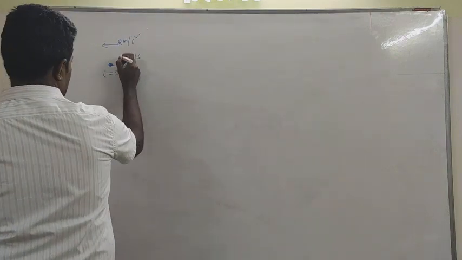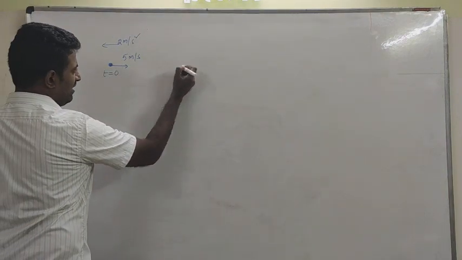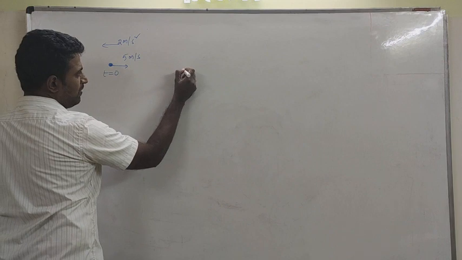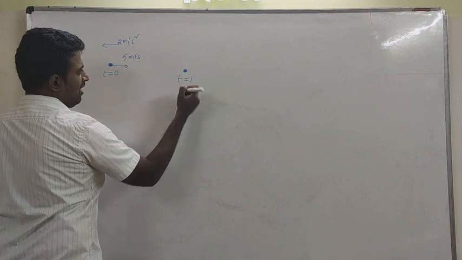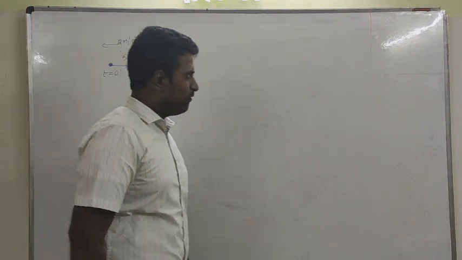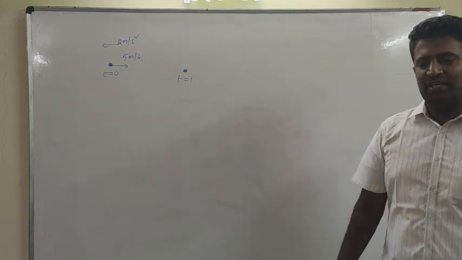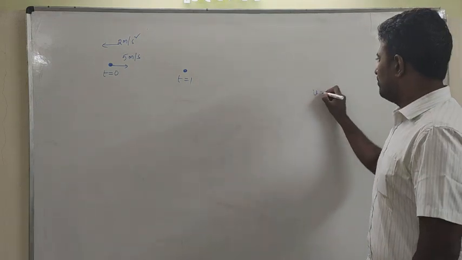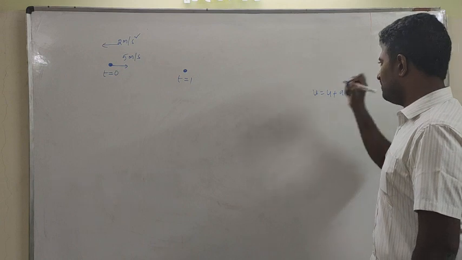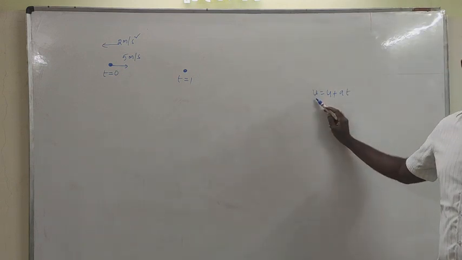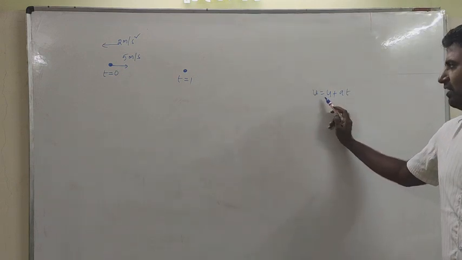As a result, the speed of the particle continuously increases. At t equal to 1 second, I would like to find out the velocity. How to find out the velocity? With the help of the equation v equal to u plus at. Do you remember? Velocity at any time t you can calculate with the help of v equal to u plus